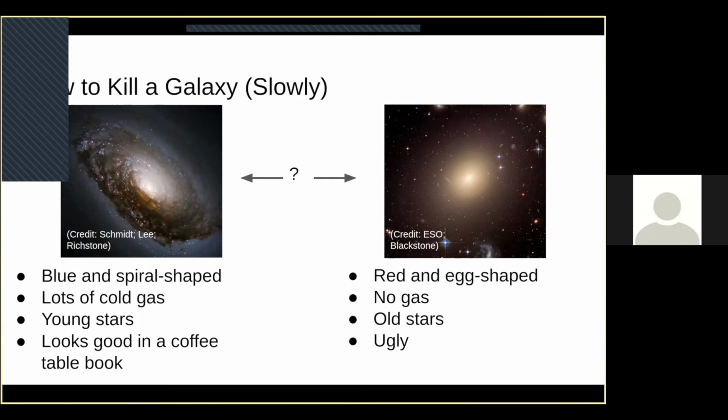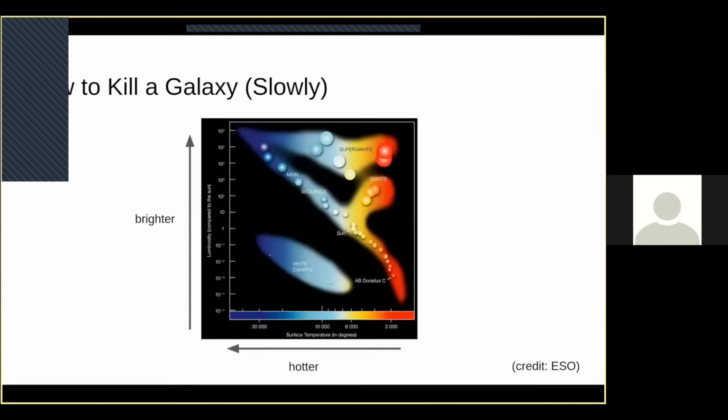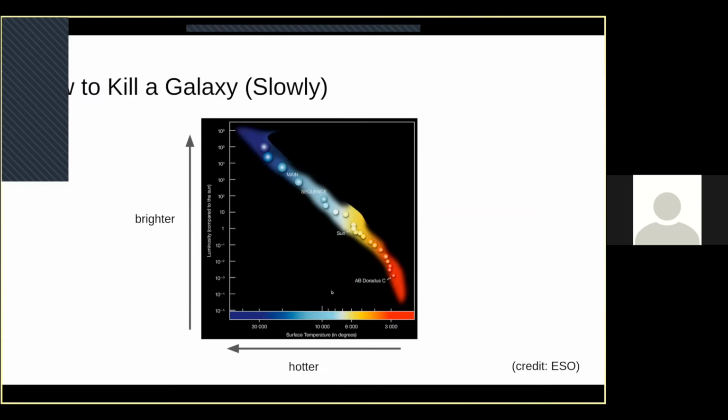And to think about this, we have to think about stars. So what I'm showing here is a diagram that places many different types of stars on it. The higher up that you go on this diagram, the brighter you are, and the further to the left you go, the hotter you are. We're going to block out large portions of this chart just because stars don't really spend that much time there, and we're going to focus on this region. This is the place where most stars spend most of their life.